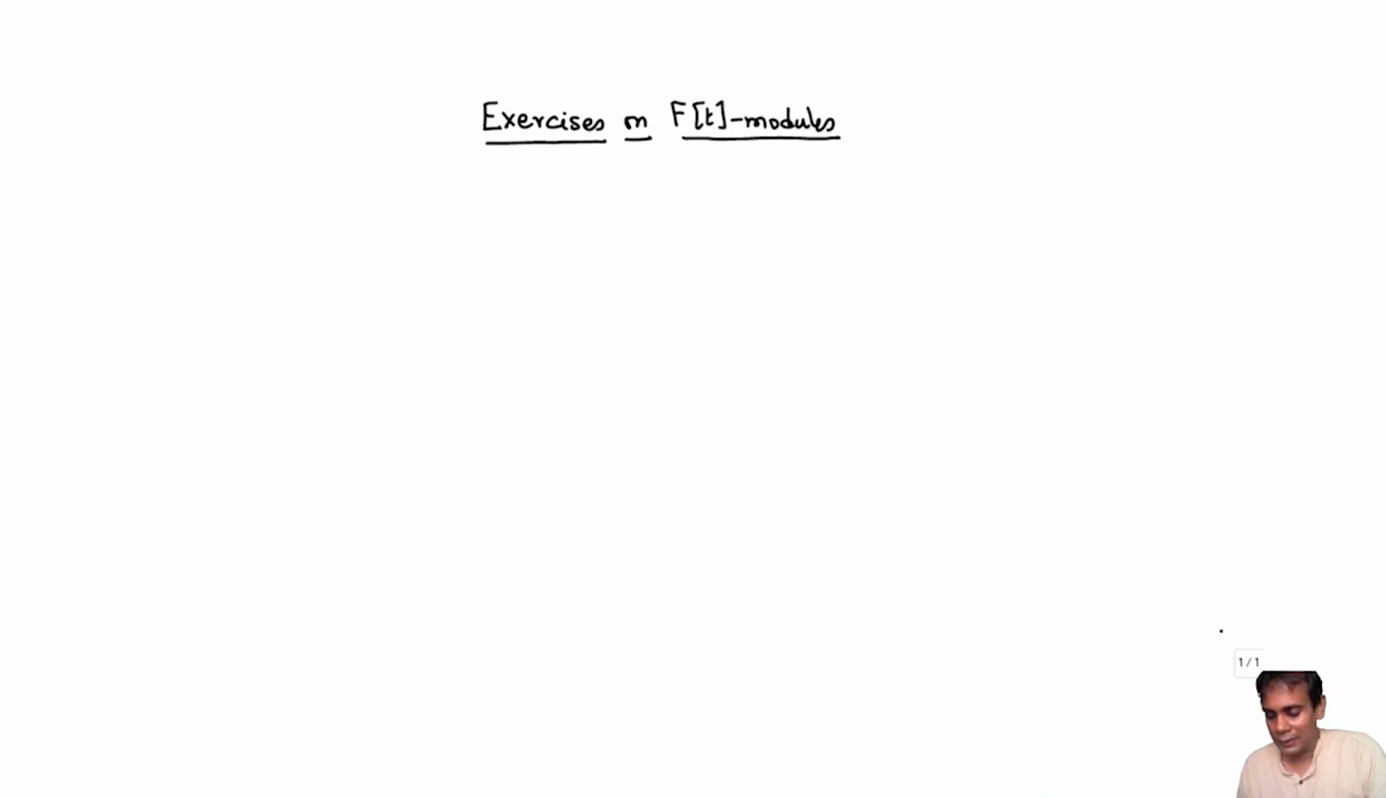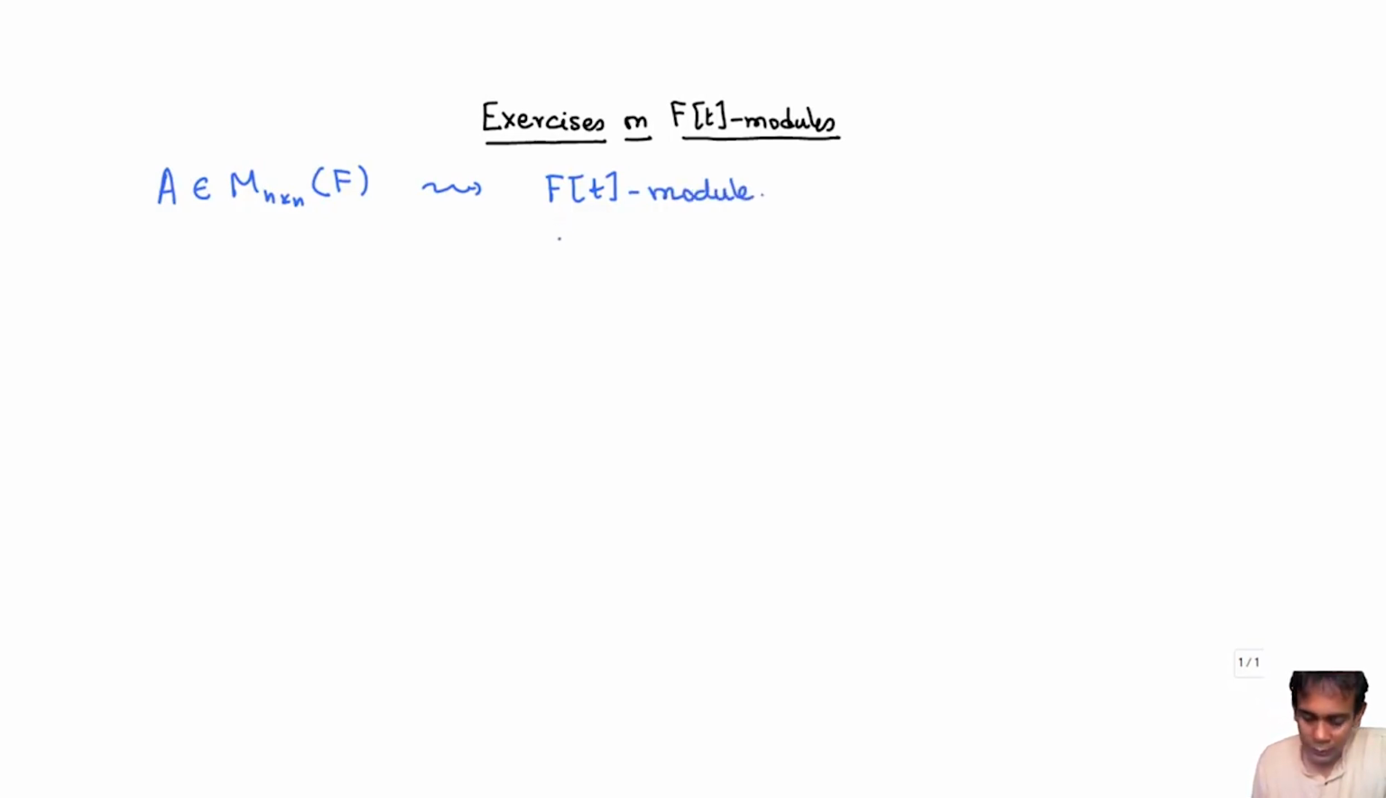Let's solve some exercises on F[t]-modules associated to matrices. So what we've seen is that if you're given a matrix A, so let's say A is an n by n matrix over some field F, then this gives rise to an F[t]-module. In this F[t]-module, the underlying additive abelian group is just F to the n,